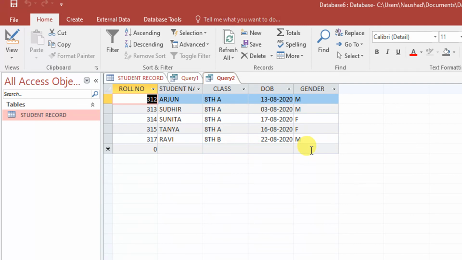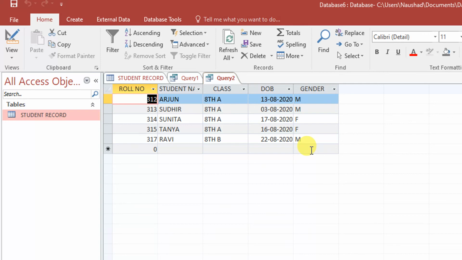Why are 8th B male students also here? Because in the OR row we have written M. So it will display all the 8th A students and the male students irrespective of their section.